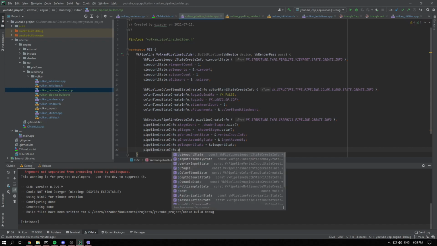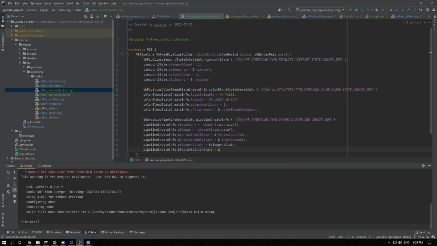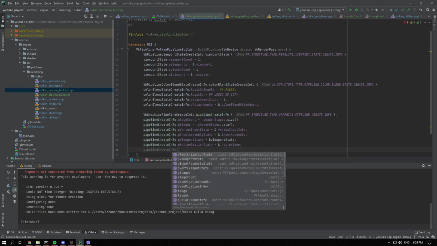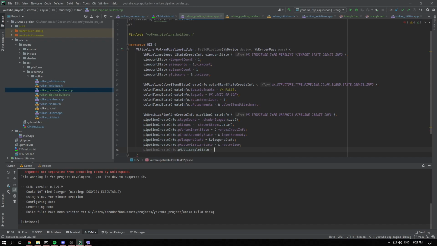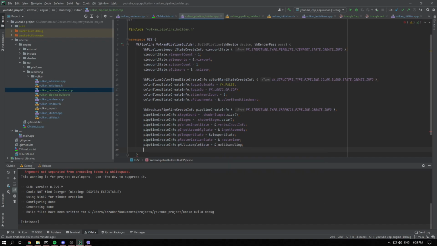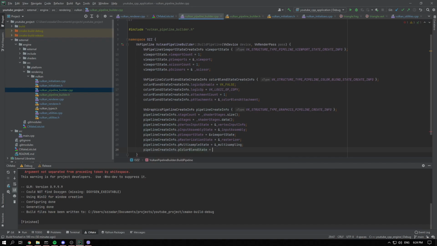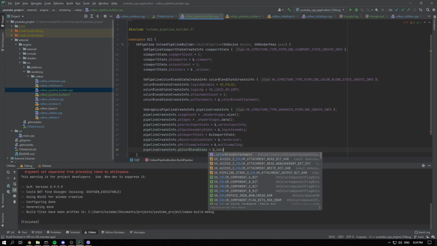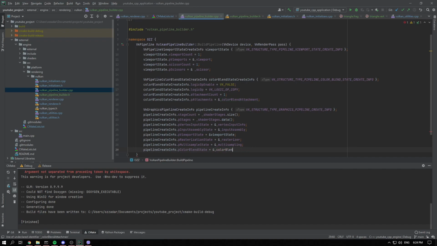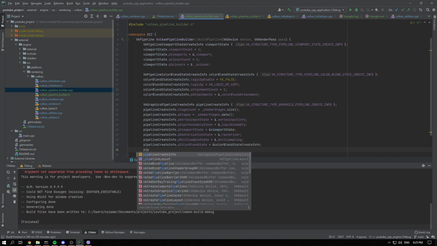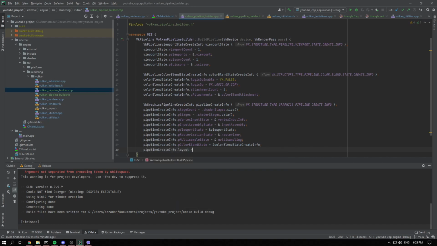pipelineInfo.pRasterizationState = &rasterizer. pipelineCreateInfo.pMultisampleState = &multisampling. pipelineCreateInfo.pColorBlendState = &colorBlending. What? Oh, this is again color blend. That's the one we just created. And pipelineInfo.layout =